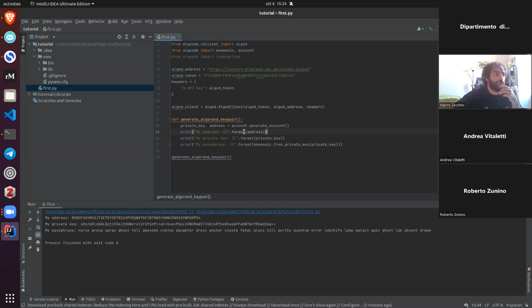So essentially what we do here is the following. We use this generate account function that gives us back the private key of our account and the public address, okay? And we print them out through these functions in order to see them. But essentially what we are going to need and use in the future are not these two, but